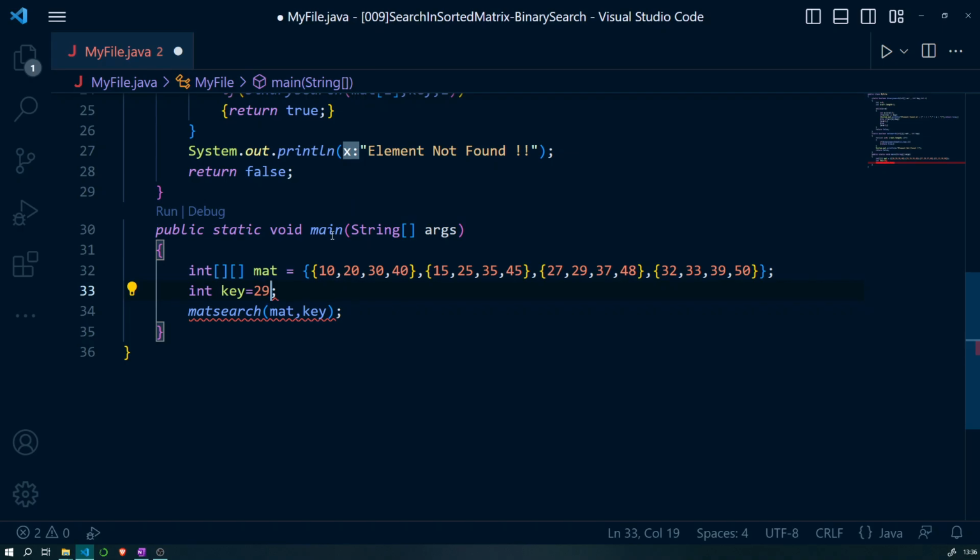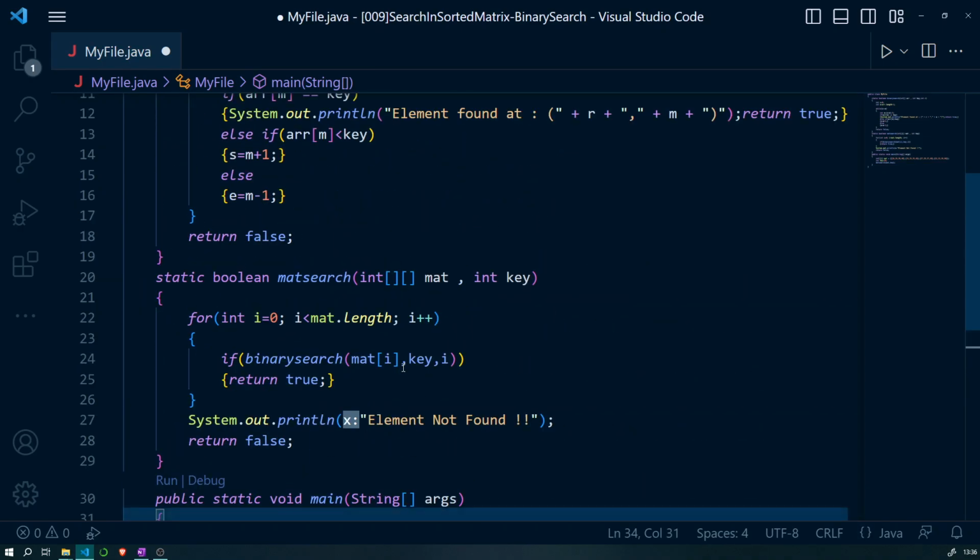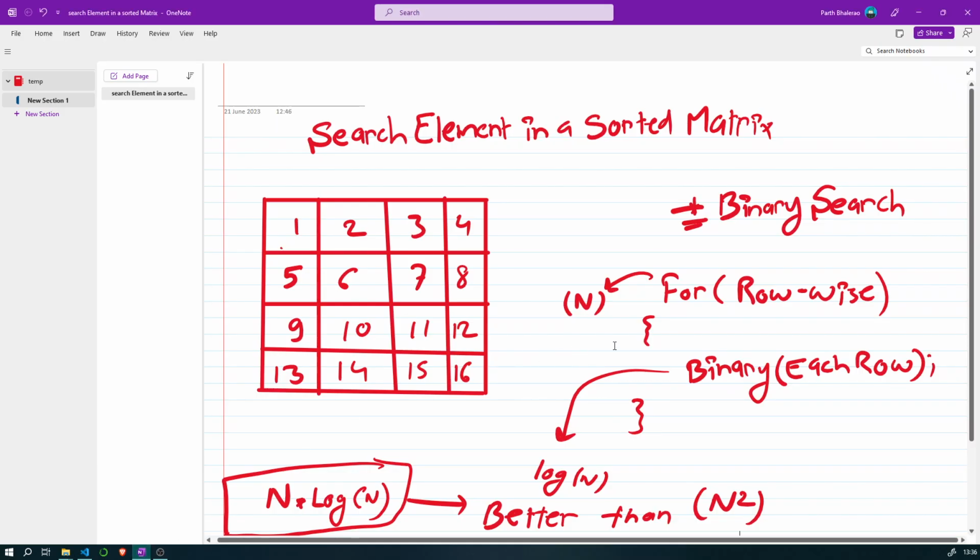So I hope this video was quite clear, and this particular approach was using binary search. Because each row is sorted, we consider each row as an individual sorted array and apply binary search on it, while the whole matrix is traversed in a row wise fashion.